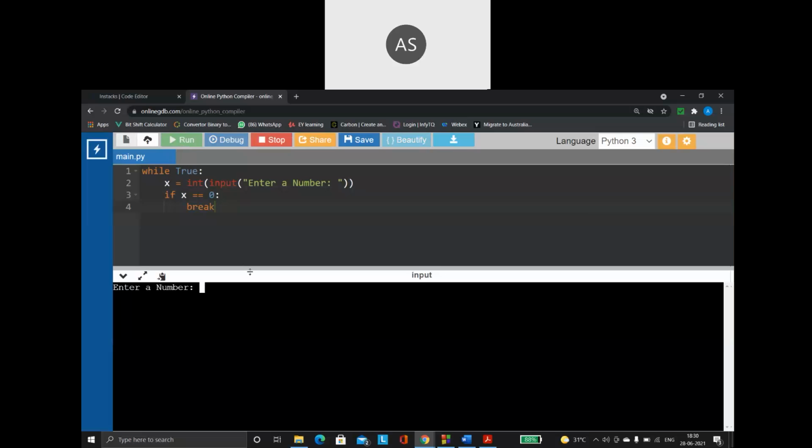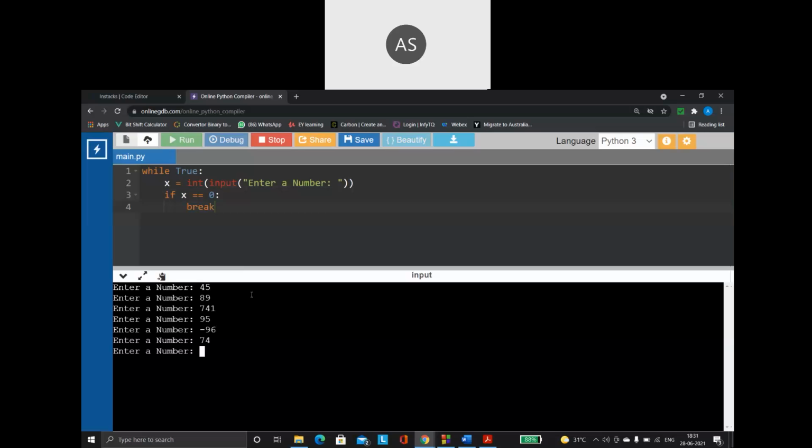Now when I run this program, see what happens. Give any numbers: a 2-digit number, 3-digit number, 5-digit number, 10-digit number. Don't bother, any number as you want. Positive numbers or negative numbers, anything you want, you can keep giving.